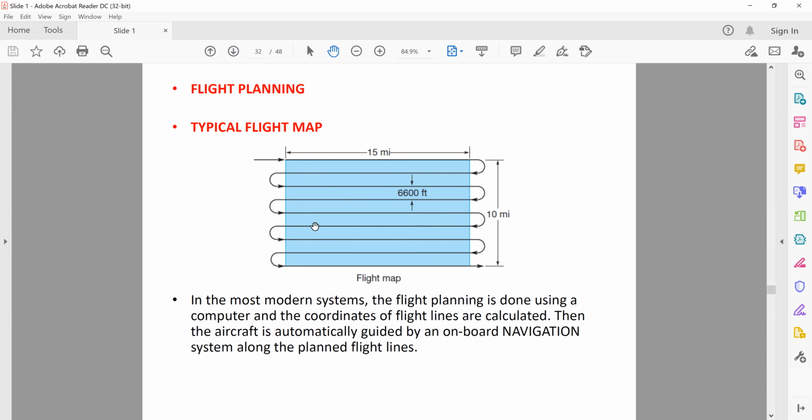when you want to carry out photographic surveying over a large area, you need to ascertain what should be the route on which you want to fly your drone. That depends on how much side lap and end lap should be there in each photograph. So side lap and end lap means